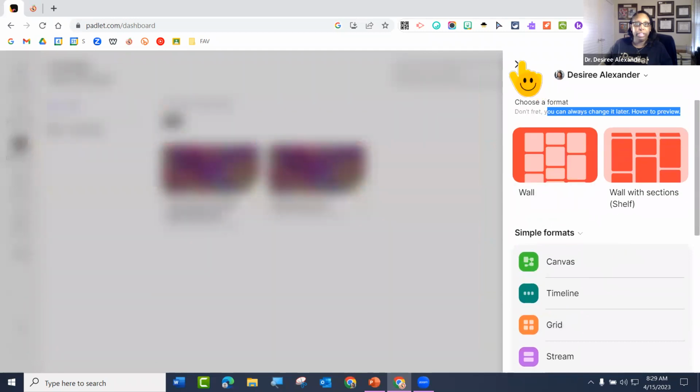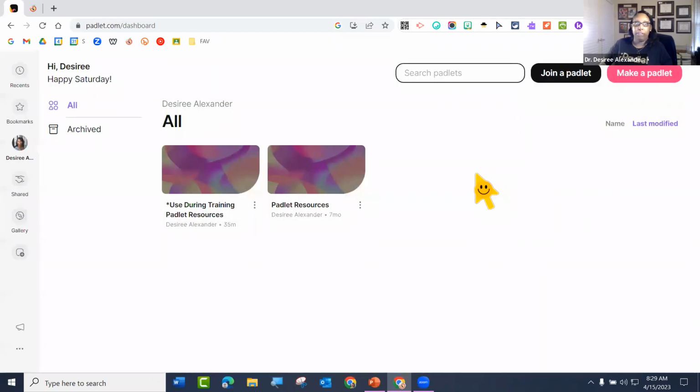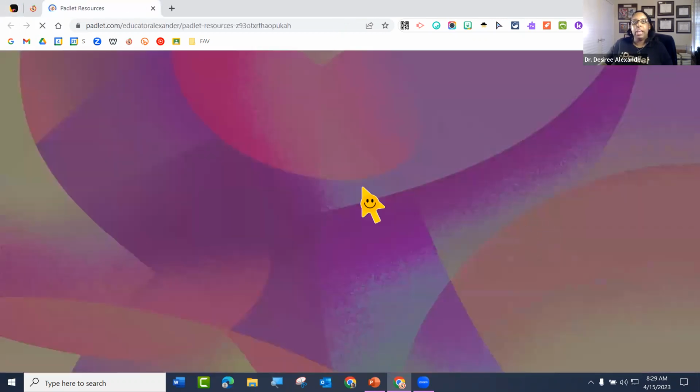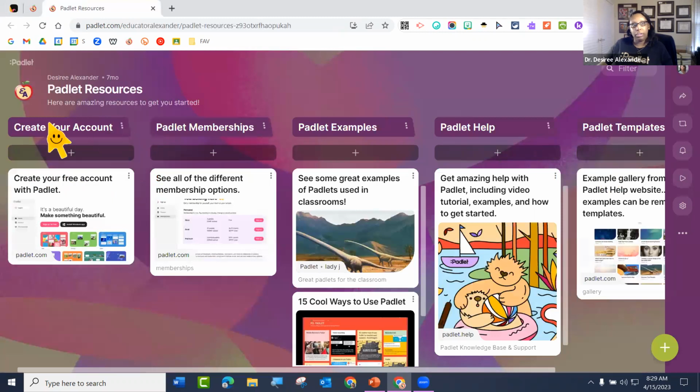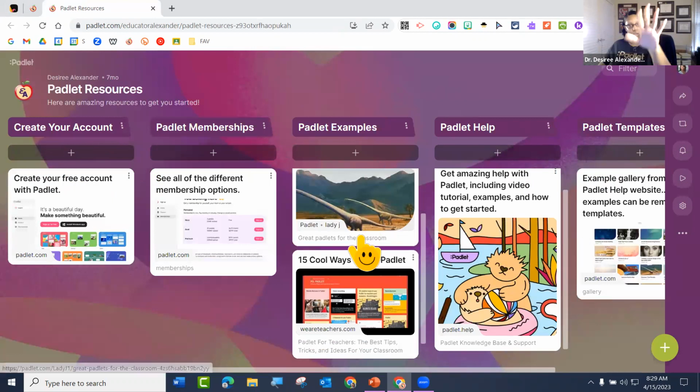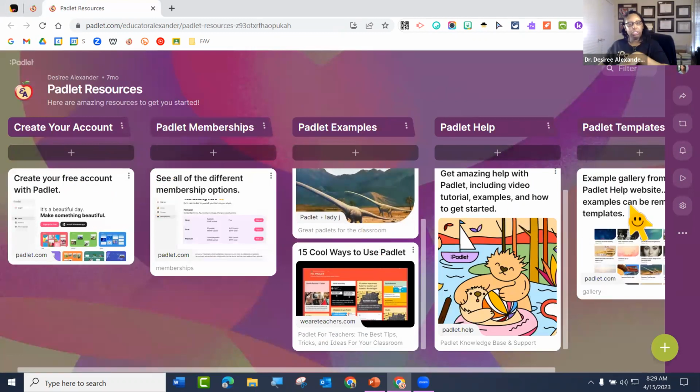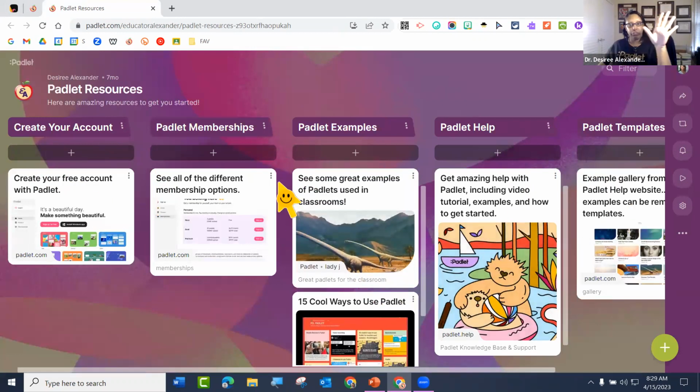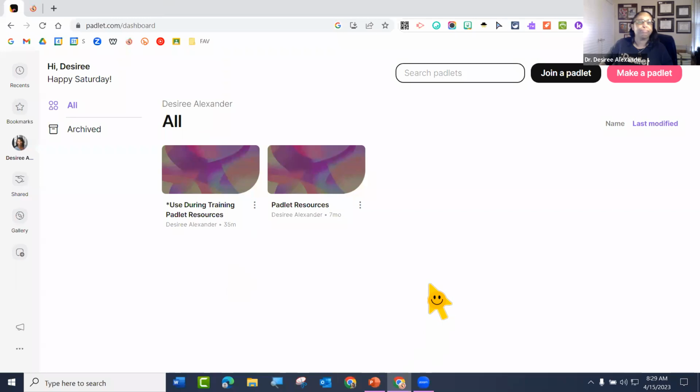So those are your different formats of Padlets. The one that I put in the chat for your resources is this. Notice it does have the sections on it, and you can add per section. So you have all of these wonderful resources here that you can use later.